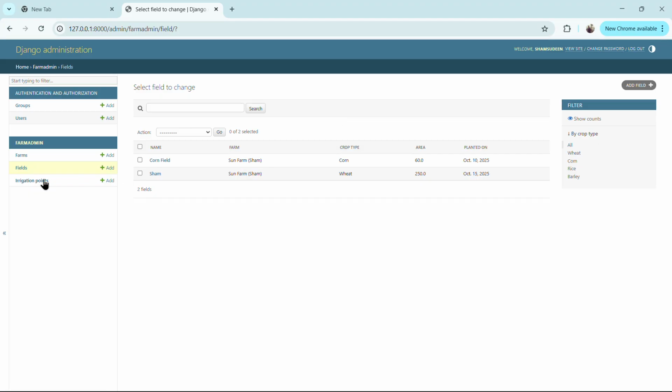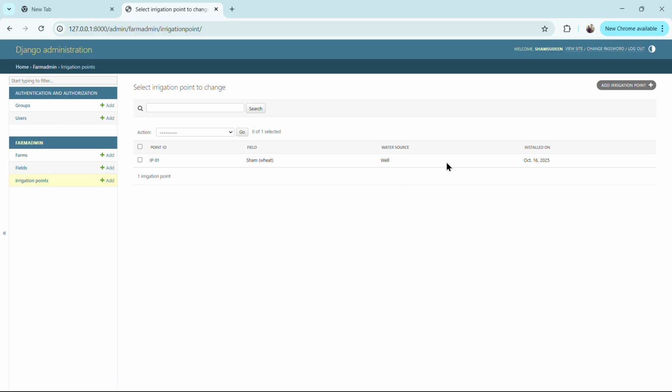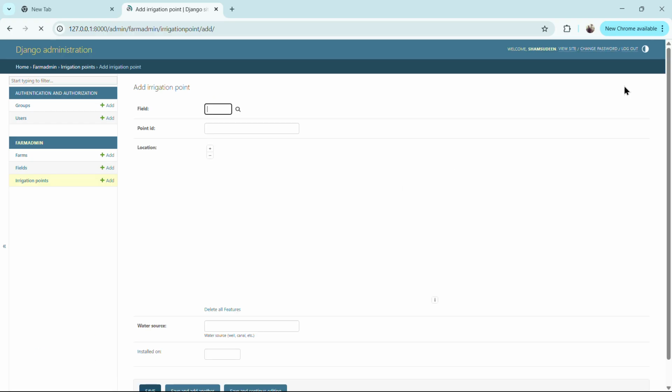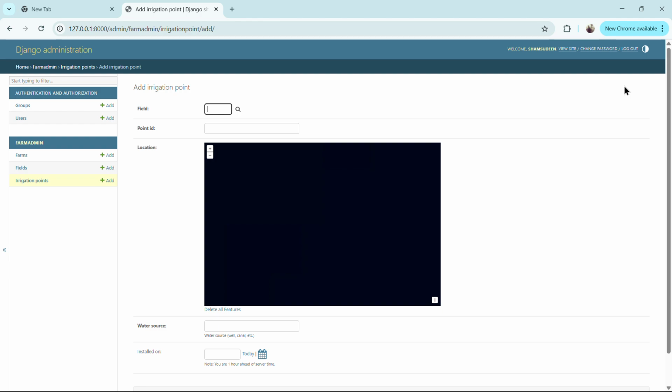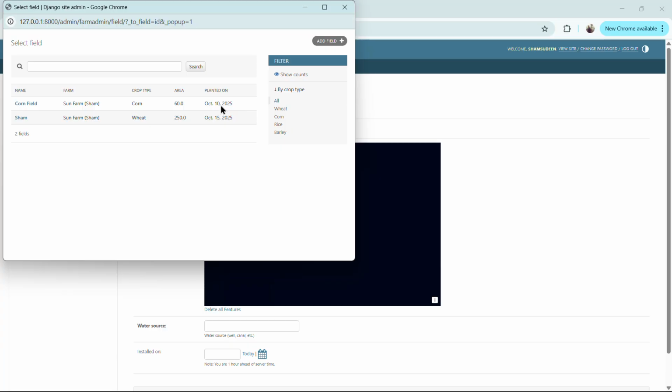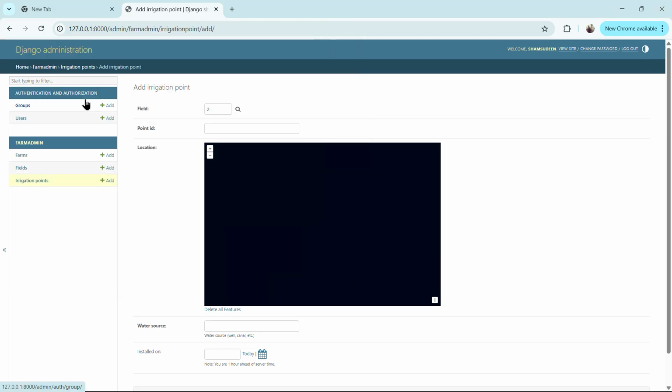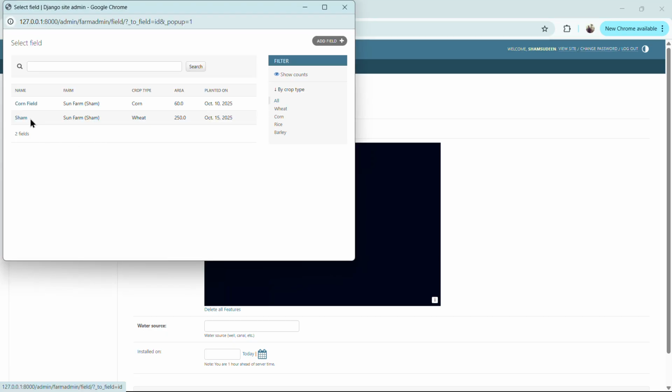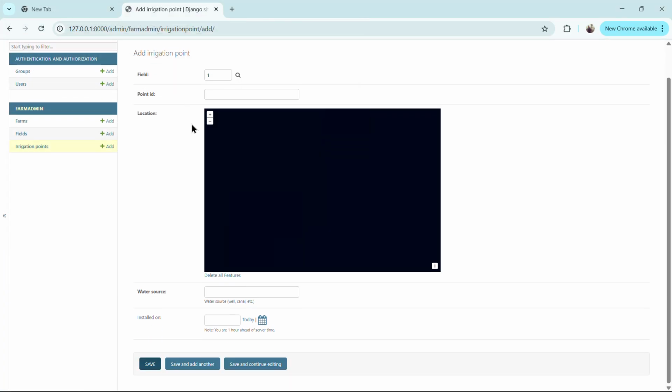Now let's move on with the irrigation points. Here I have Add irrigation point. In the first field, the field is another foreign key that links each irrigation point to a field. I'll select the corn field, the field 2, or else we can also just go directly with the Sham corn wheat field, the one which we already added. So for the point ID I gave like